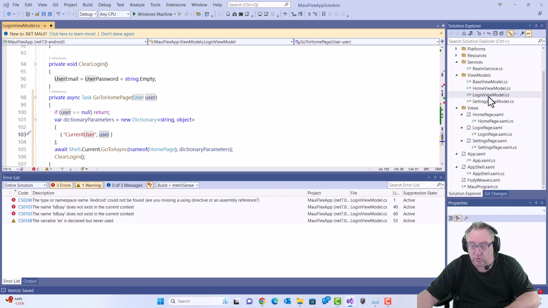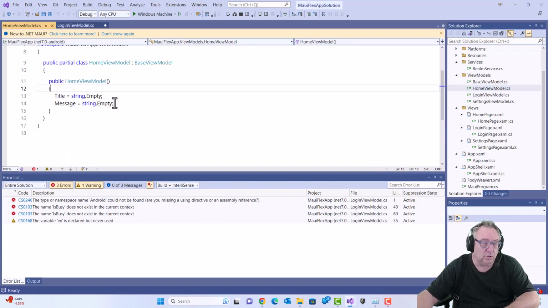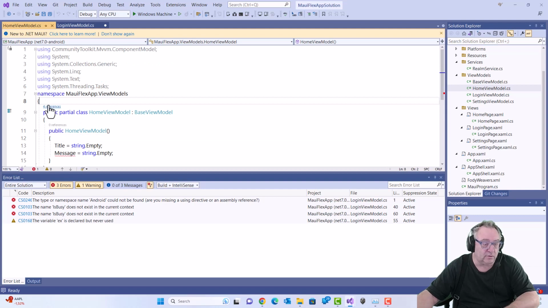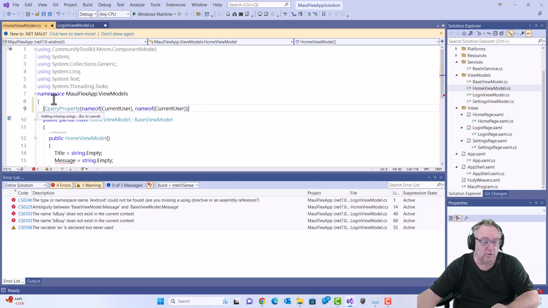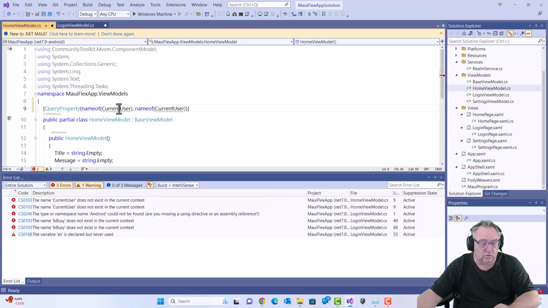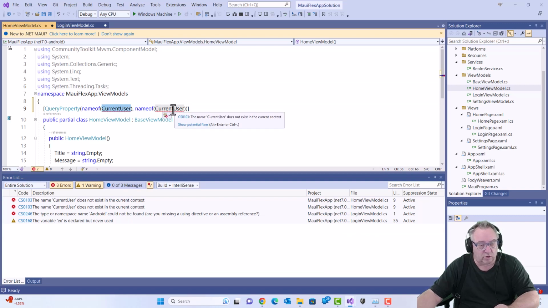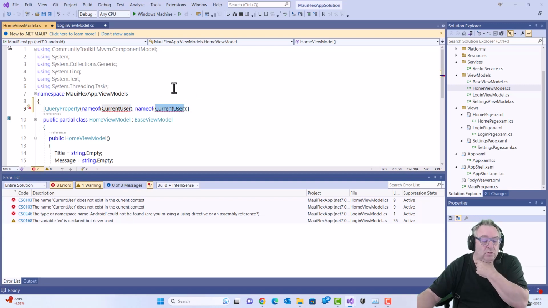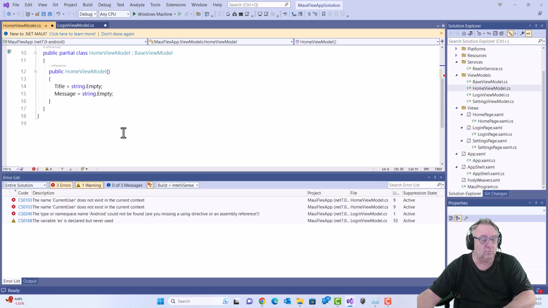So let's go to the home view model and let's add this text over here, a query property, where we have a current user, which we don't have of course yet. So we have to have a current user in this view model. So we're gonna have, let's make it